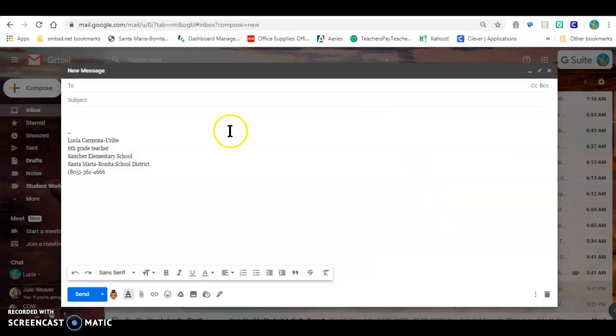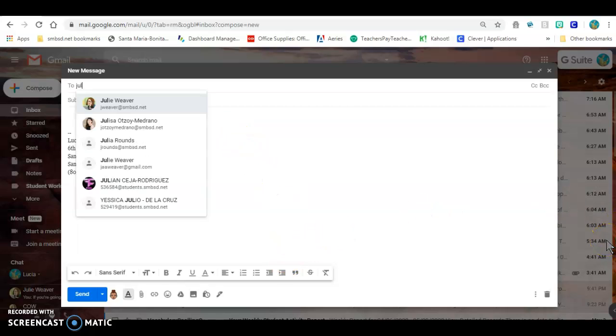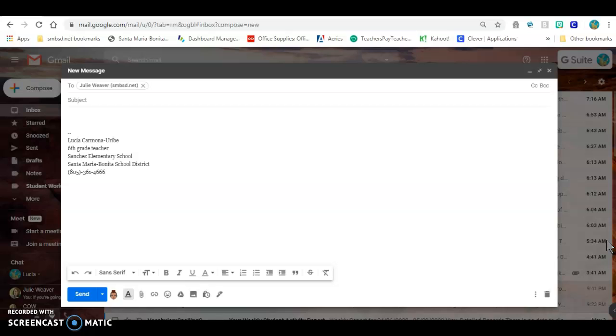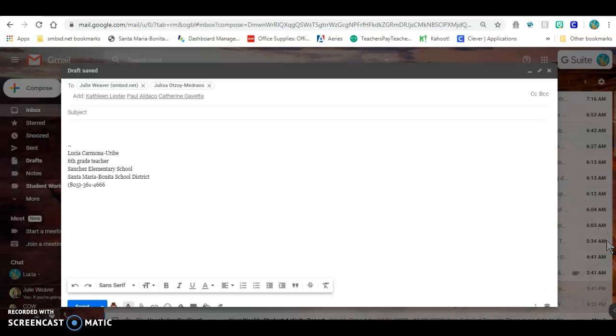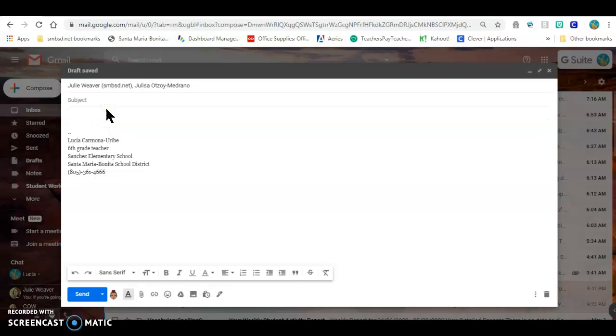Here I'm going to put who I want to send it to. I'm going to send it to Miss Weaver. So there's her email address. You can send it to multiple people, so I could send it to Miss Otsoy too. And over here, this is the important part, so pay attention, where it says subject. A lot of you are writing your actual message right there. But no, you just want the subject or the topic of what this email will be. So for example, my subject is going to be